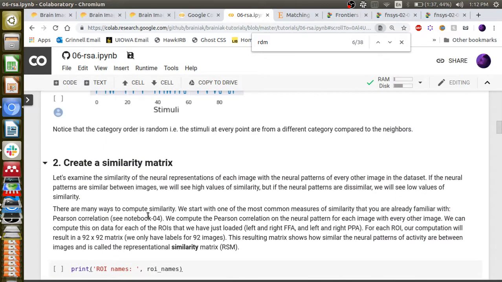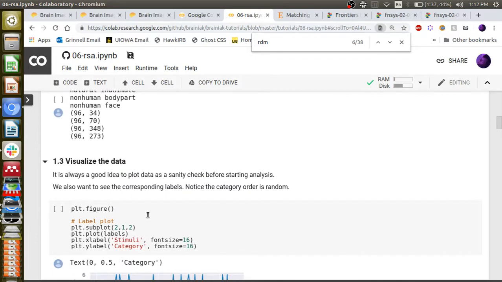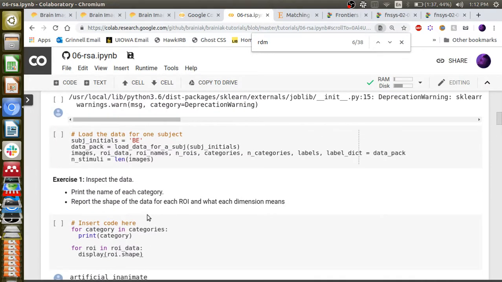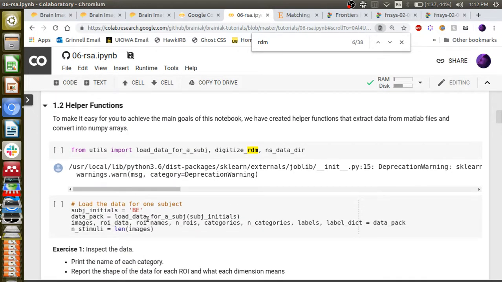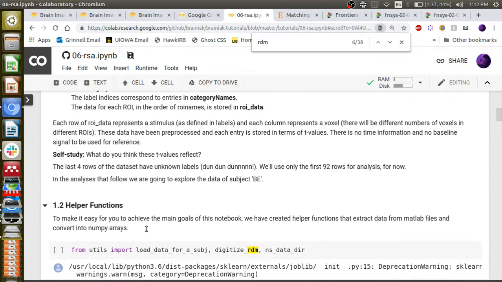That was something that I could not replicate here, but with that said,